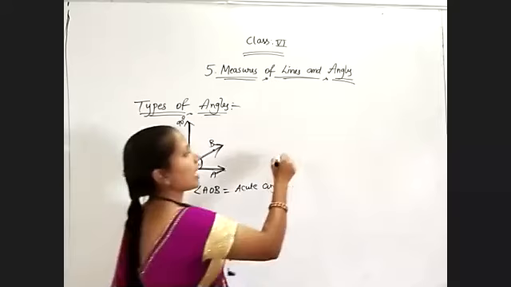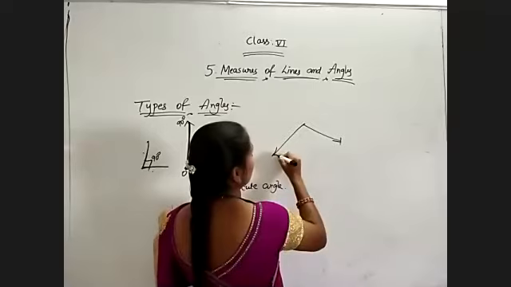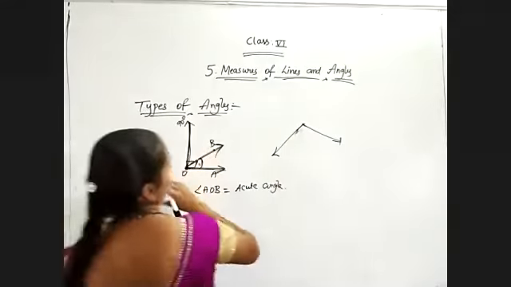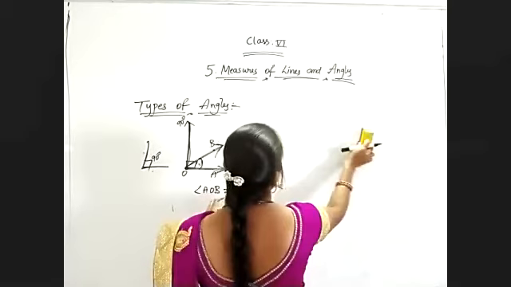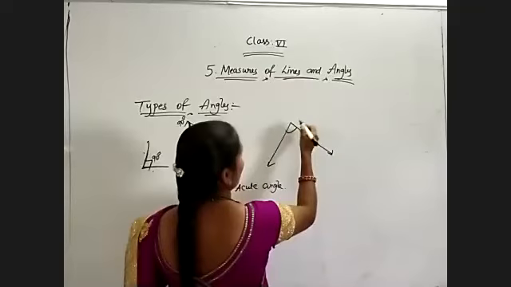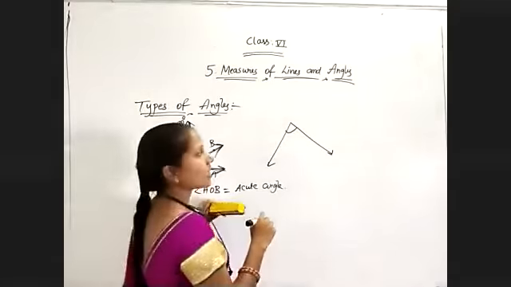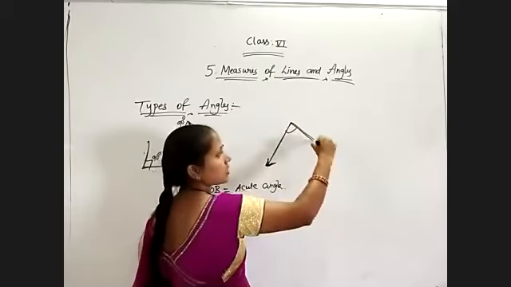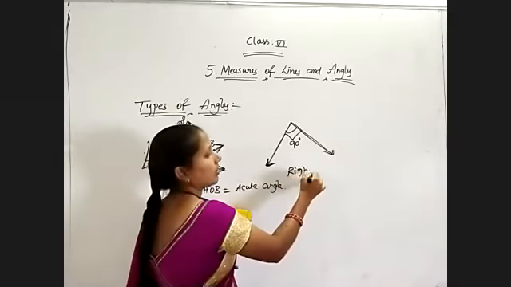If I have the angle like this. Okay. Now observe. I have the angle in this way. Now just try to construct 90 degrees. Select any one of the arms. See, for this, the L shape is this. So then how much angle is formed? So it is a right angle.